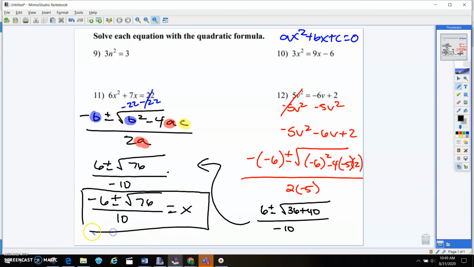And remember, there's 2 answer choices embedded in here. So you've got that -6 plus the square root of 76 divided by 10, and then -6 minus the square root of 76 divided by 10. Again, the quadratic formula should not be the first thing that you use, but it is always going to work. It just allows you to make a lot more errors. Okay, so